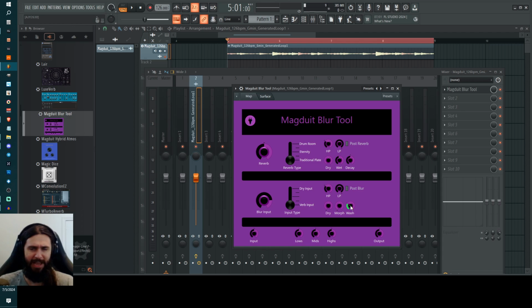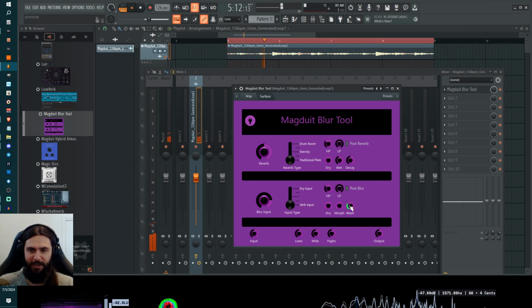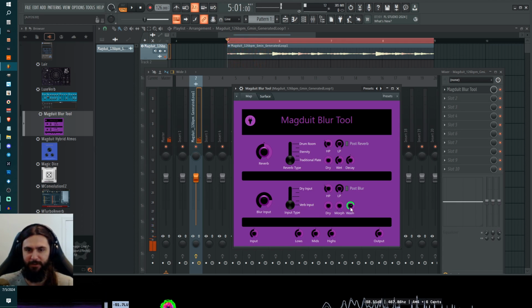This is essentially how much of the blur is going to be felt. It's kind of like the decay of this reverb, but unlike a decay, which would adjust the timing, this doesn't do any timing adjustment. This is basically just determining how much of it you're feeling. So if I have it turned down, you can obviously hear some of it, but then if we turn it up,